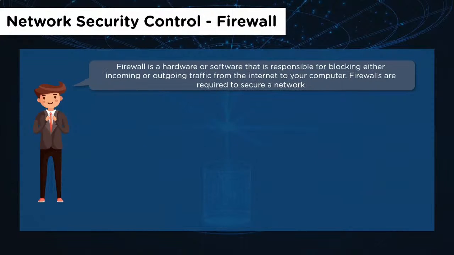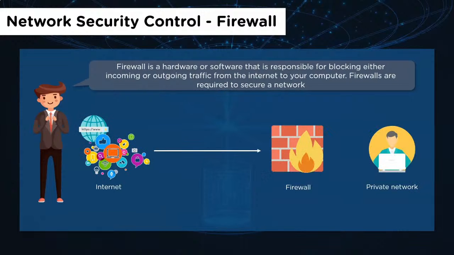A firewall can be hardware or software that is responsible for allowing or disallowing a certain amount of traffic to or from your computer. So these are basically created to enhance the security posture of your network, where you can configure certain levels of traffic to be allowed and disallowed. Now, a firewall is not going to decide by itself what is good traffic or bad traffic. You are going to configure the firewall by creating rules based on the IP address, port numbers, and protocols.